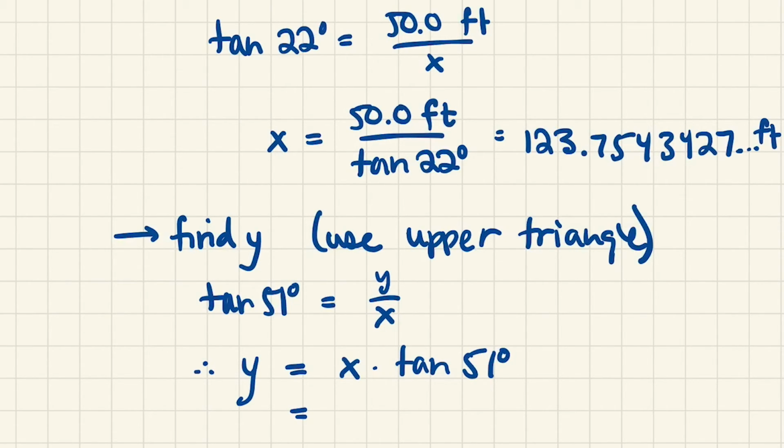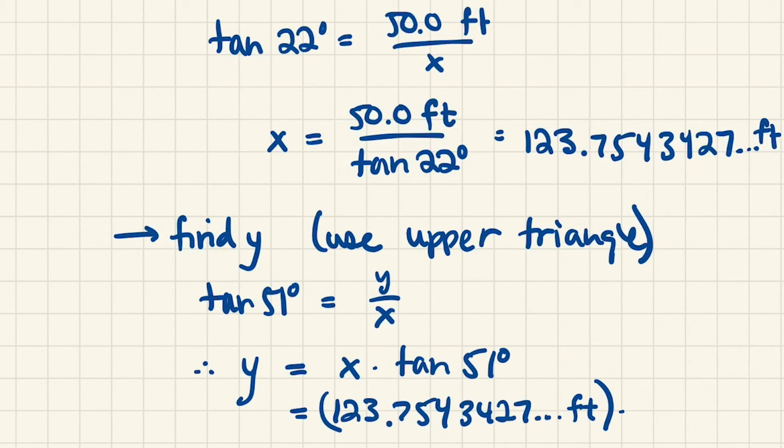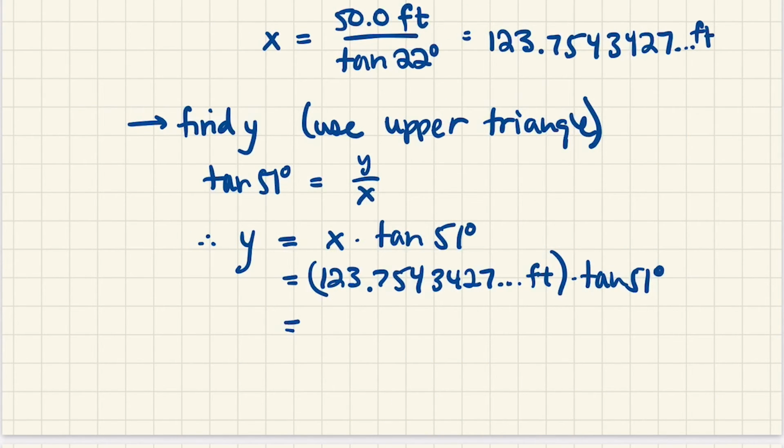Remember, x is 123.7543427, and we cannot round that yet, not until we're presenting a final answer. But the good news is that number is the most recent thing in our calculator. So if you just hit multiply, it'll automatically load that answer in. Multiply by tangent of 51, and we get that y is 152.8238859